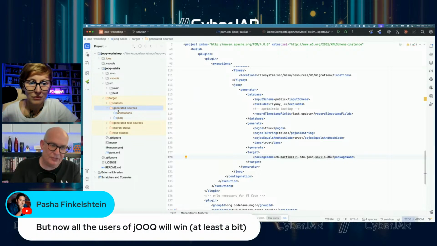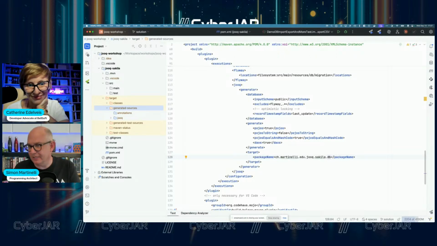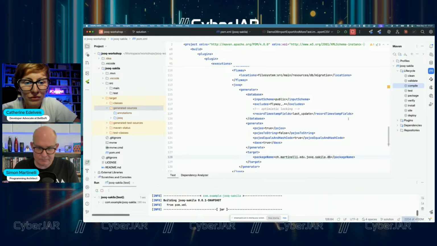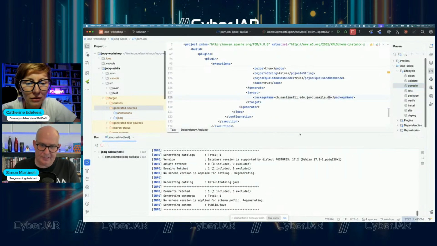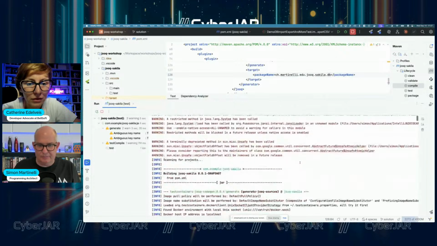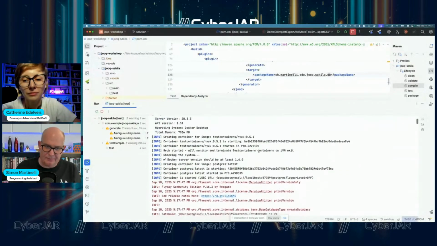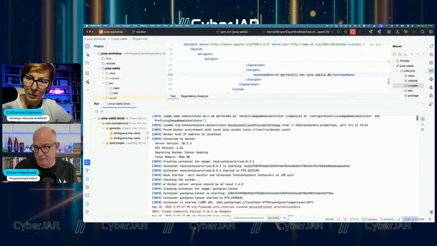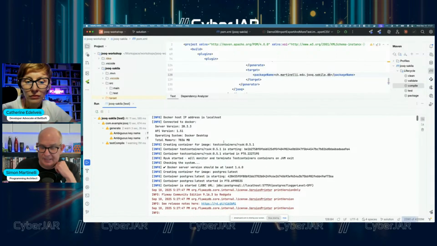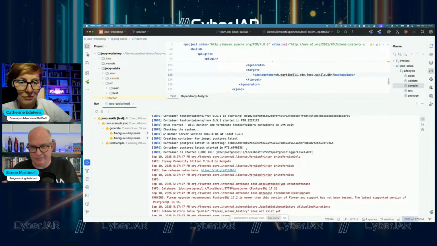But if you have just a few classes or tables like I do, then we can really regenerate that on the fly. I can run that and we can see what happens. Let's check here. Because I'm using Testcontainers, it checks for a Docker installation locally, and then it starts its Ryuk container. The Ryuk container is used to manage the containers that Testcontainers is starting, and then it starts the Postgres database. As you can see here, it's under a second, so it's very fast.